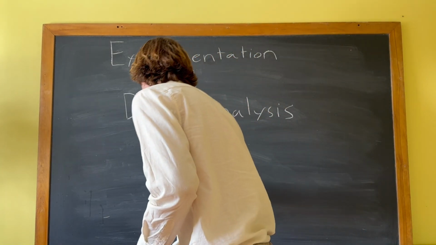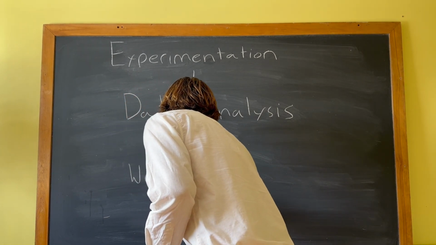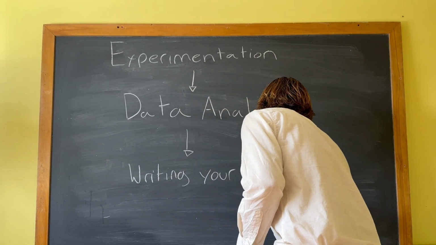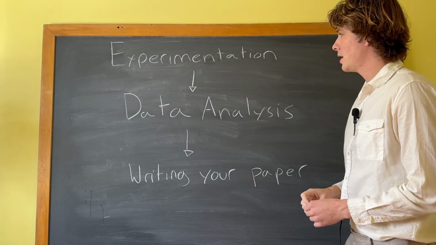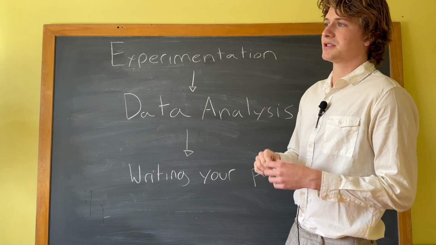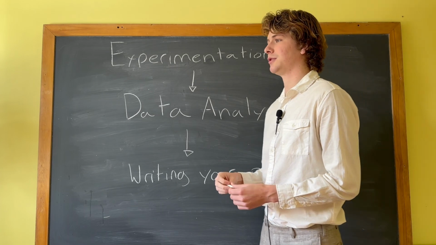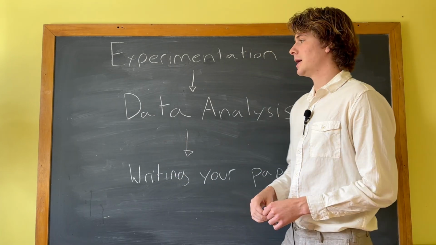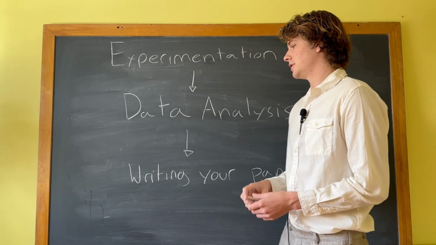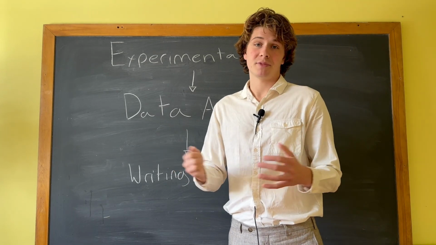Then you obviously move down into writing your paper. And we went over this in the last video, the IMRAD format. You write your introduction, you do a little more research, right? You write your methods section, which you should already have written out. Your results section, which you've already expected. Now, do those results meet what you expected? Did your hypothesis stand up to the test that you ran? You write your discussion, you have your references, and there you go, you have your paper.